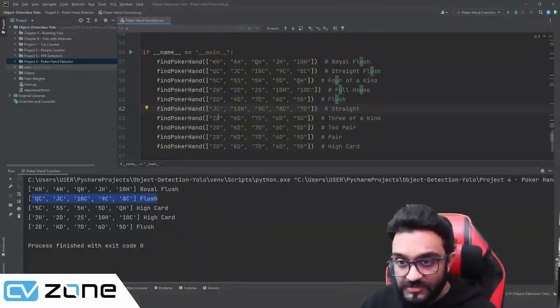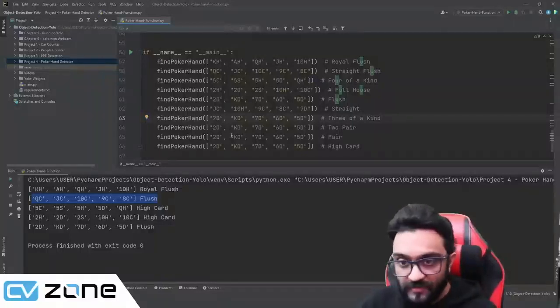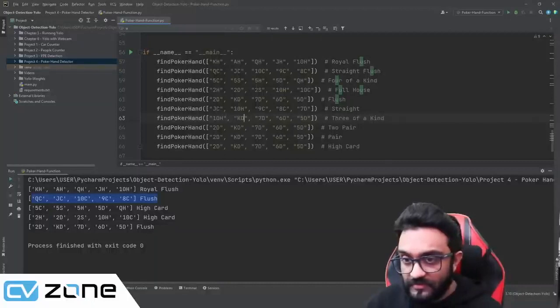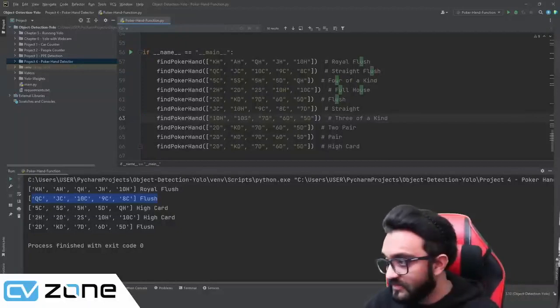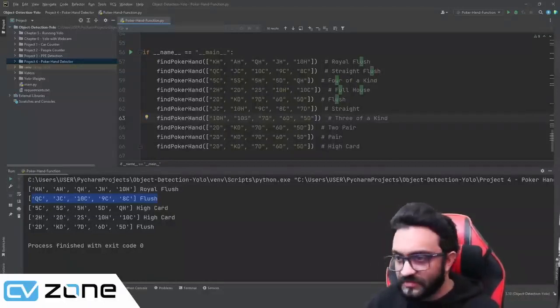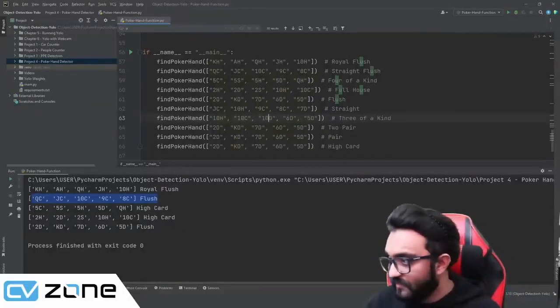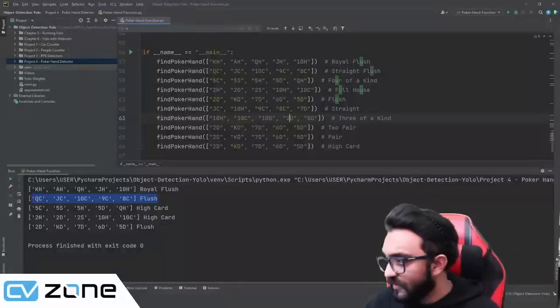So this is our straight. And then poker hand, 3 of a kind. We have 10 of hearts, 10 of hearts, then 10 of spades, or is it? No, it's not spade, it's club, my bad. 10 of clubs, and then 10 of diamonds, and then 2 of diamonds, and then 5 of